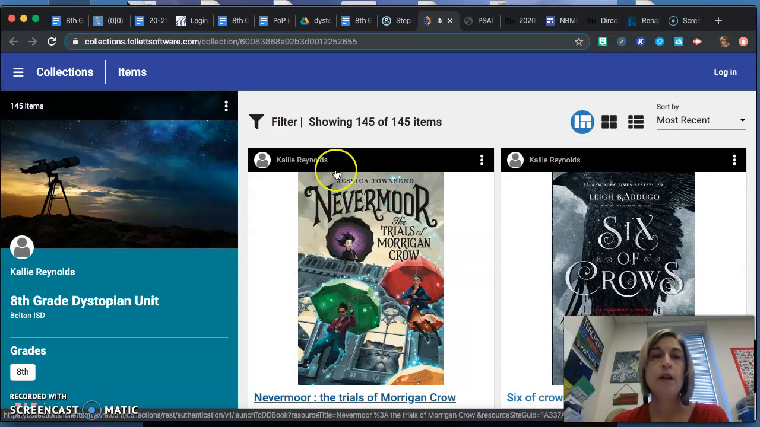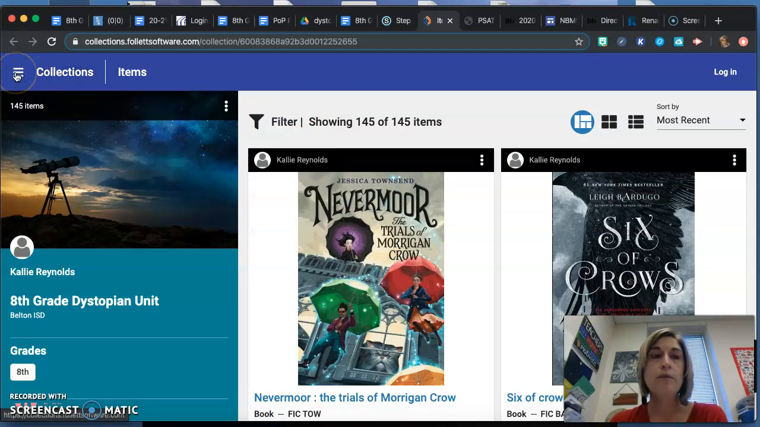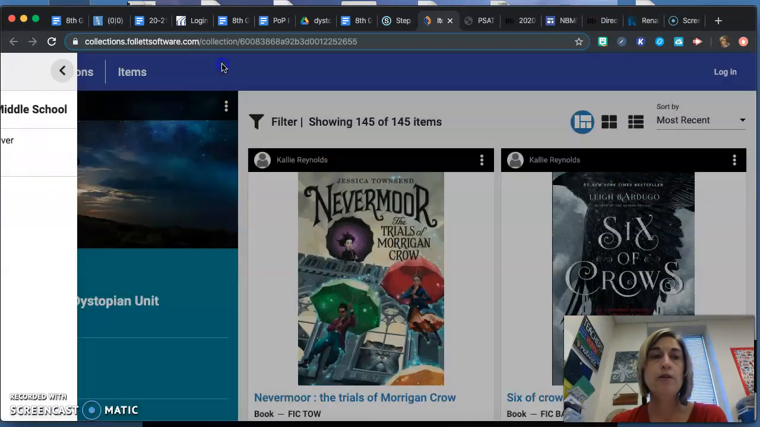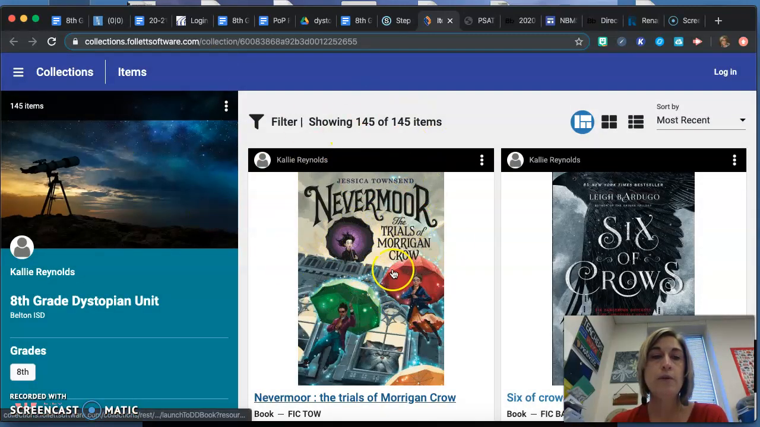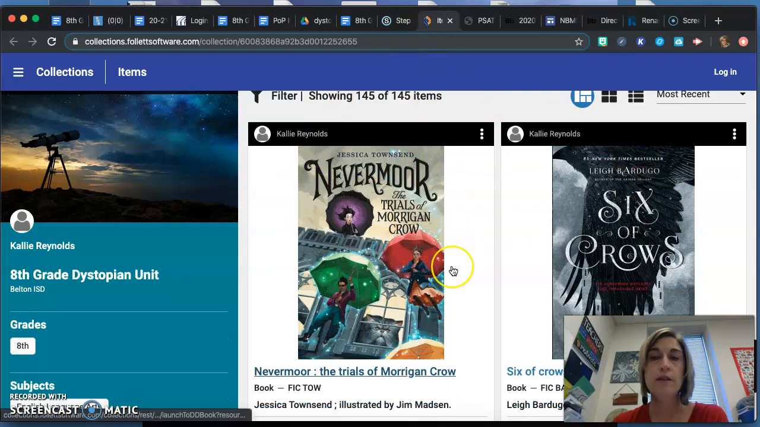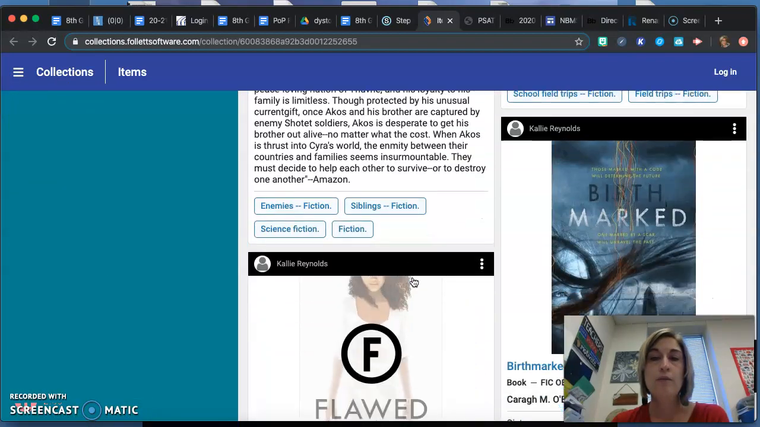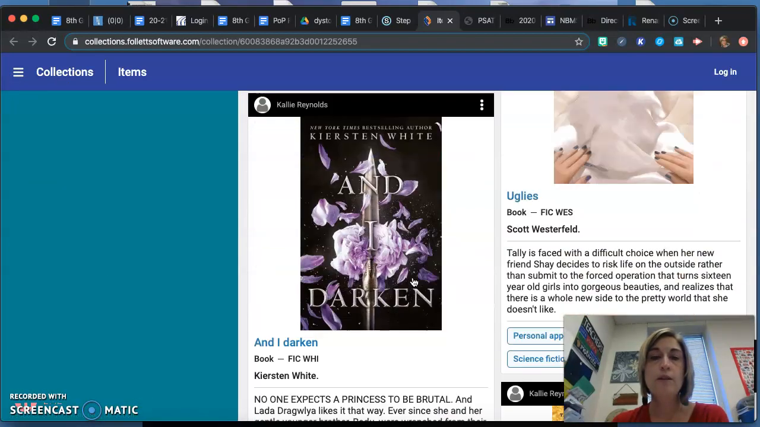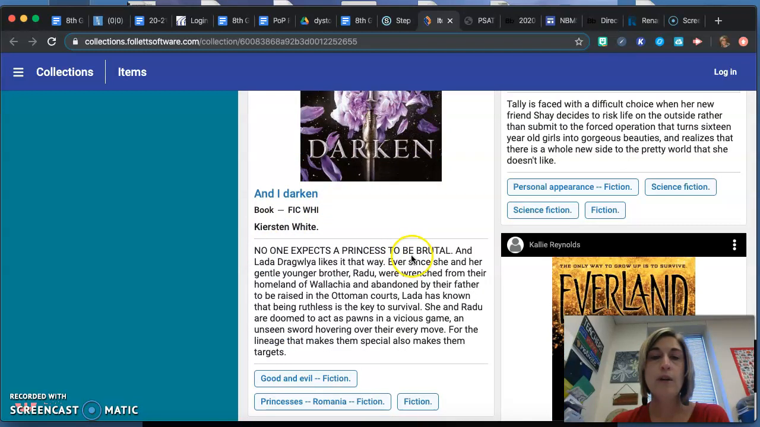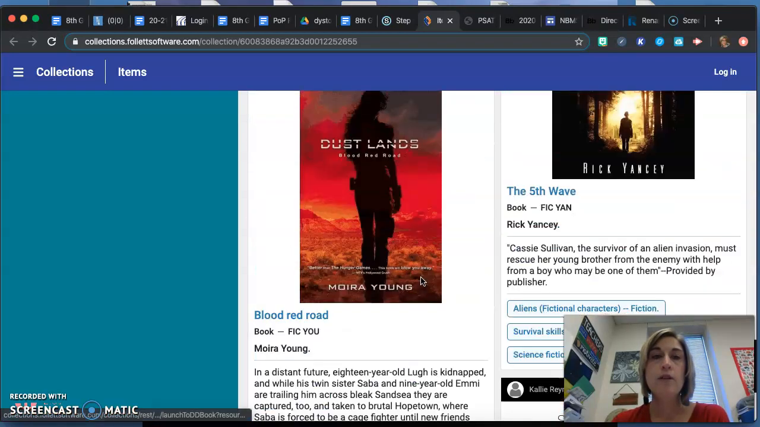Destiny Discover. I went over here to these 3 lines and I chose collections, and then I was able to get on the 8th grade dystopian unit. But this link takes you directly there, so you don't have to do all those things. And you'll see there's 145 items to choose from. So you can look through these, and once you settle on one, read what it says about the book underneath it. And that's going to be the little summary. And then once you do that,